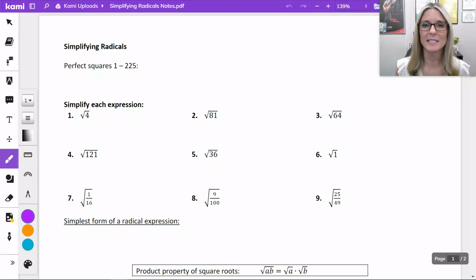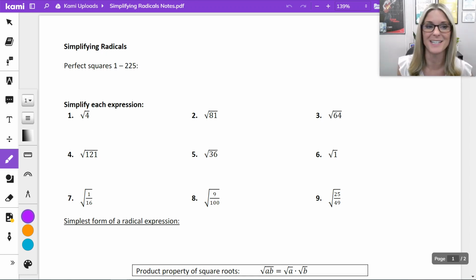Today, we're going to learn how to simplify radicals. This is a skill that sometimes will come up in 8th grade math. It might come up in Algebra 1, but then it is definitely needed in geometry and definitely utilized in Algebra 2. It's not required to be taught anywhere specifically, so oftentimes it gets overlooked. So this is going to be very helpful for you next year and especially the year following as you move